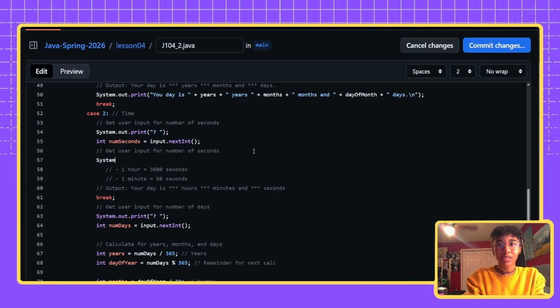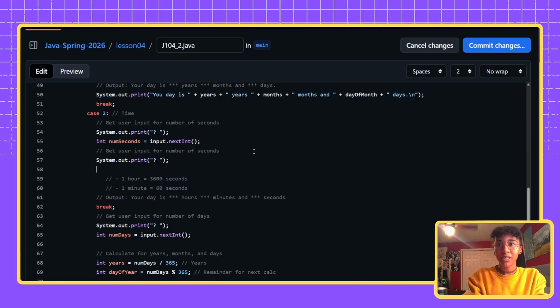So we're going to do System.out.print, question mark, semicolon, then int numSeconds equals input.nextInt();